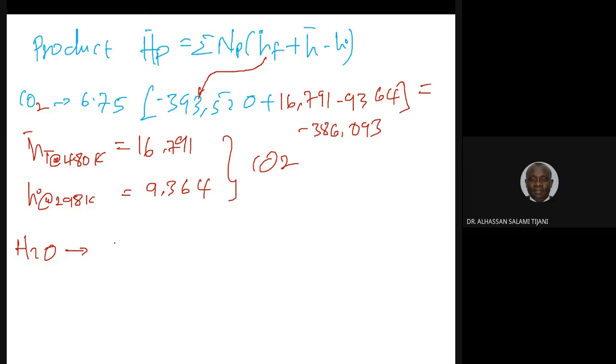So its mole is 8.4. And then we have the enthalpy of formation of water, which is minus 241,